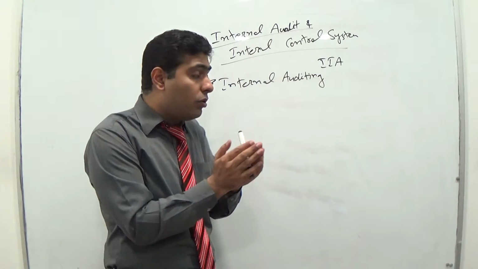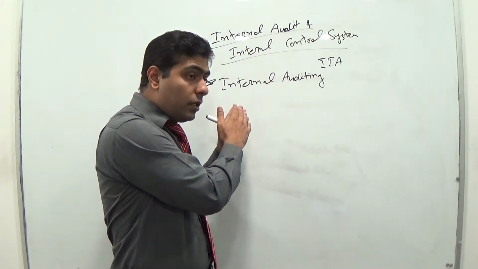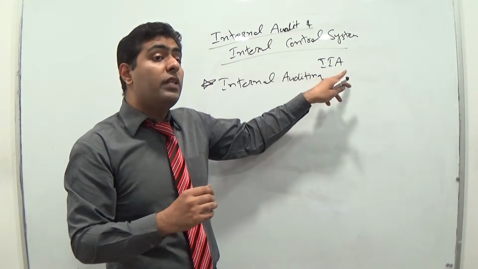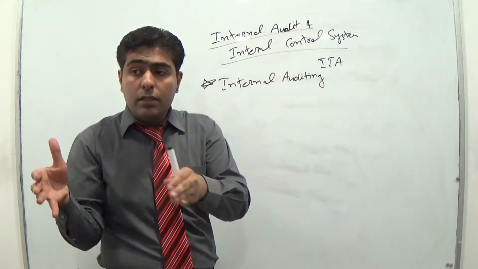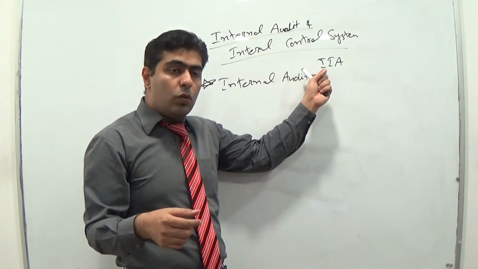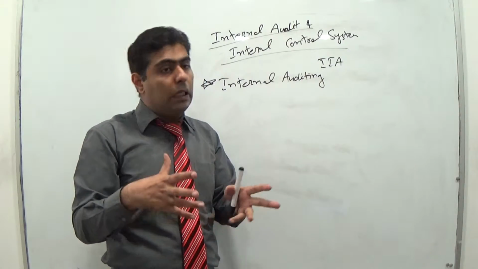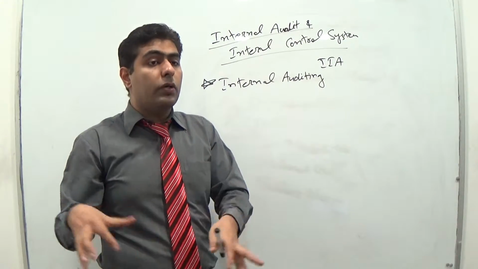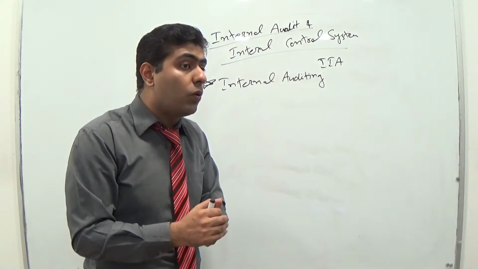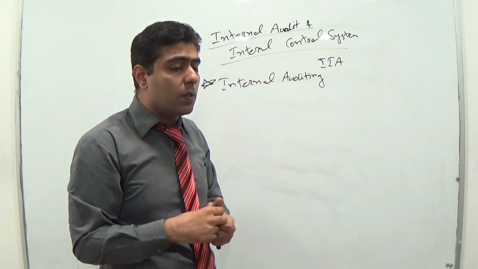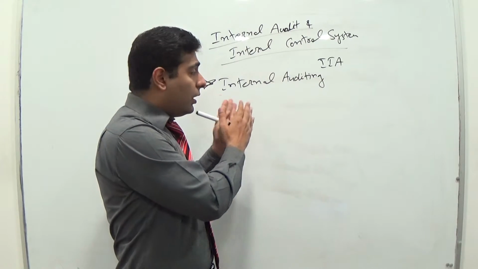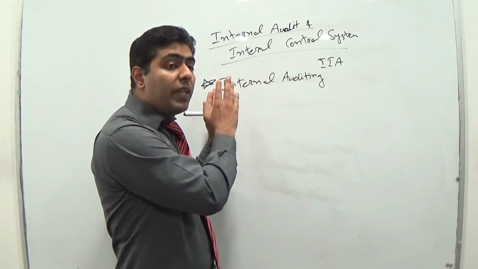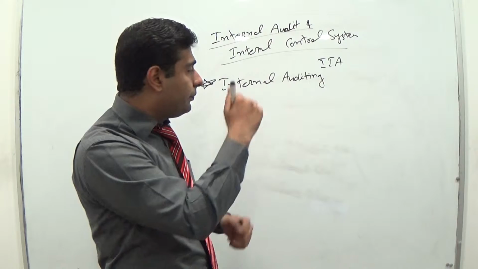what the role of the management accountant is in terms of internal auditing, what the role of the Institute of Internal Auditors is, and what the different standards made by the Institute of Internal Auditors are. They are equally important not only for internal auditors but for management accountants as well, to have good awareness about. That is the reason the CMA qualification places good emphasis on internal auditing.